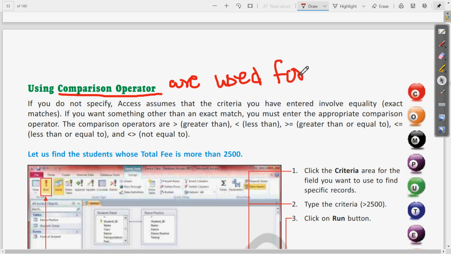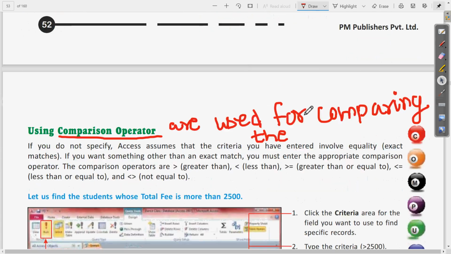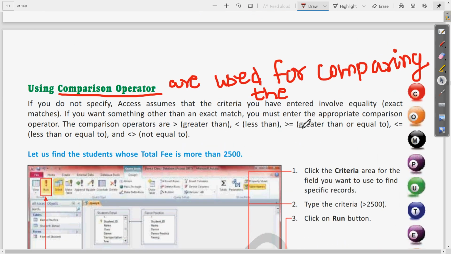I am writing for you. Comparison operators are used for comparing the, you can say, comparing the fields or comparing the matches. We can write comparing the matches.